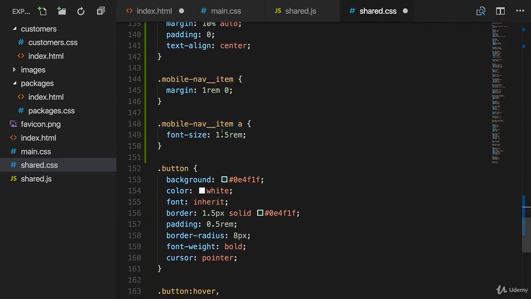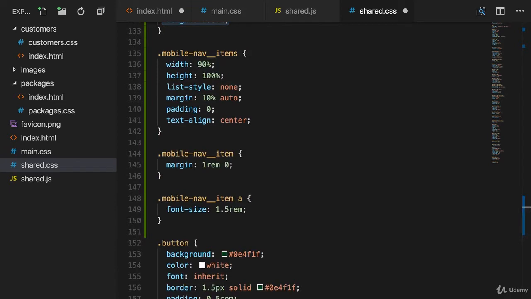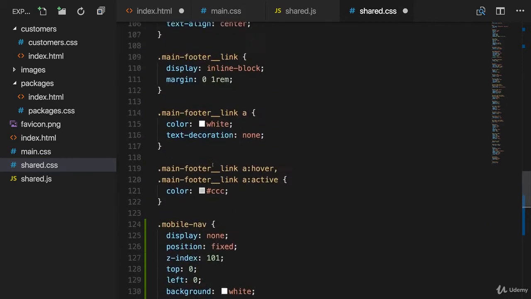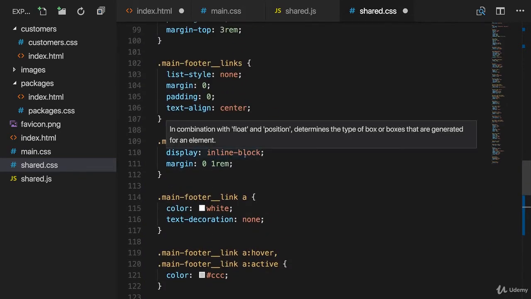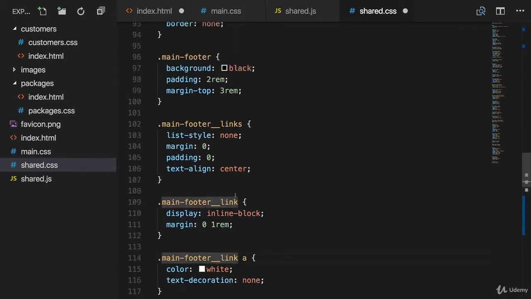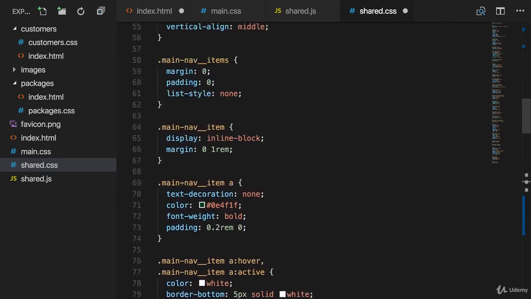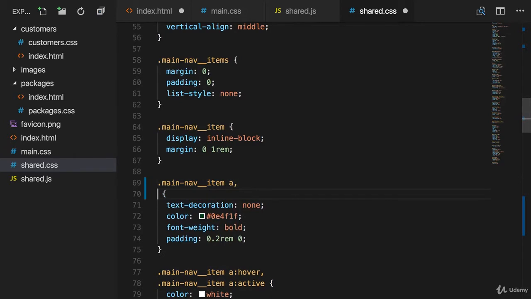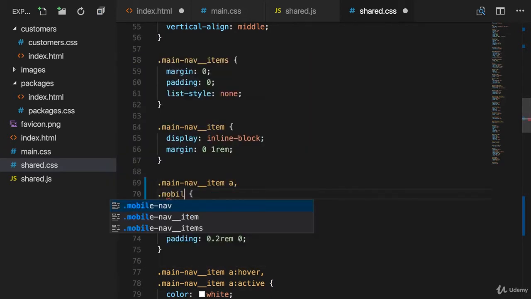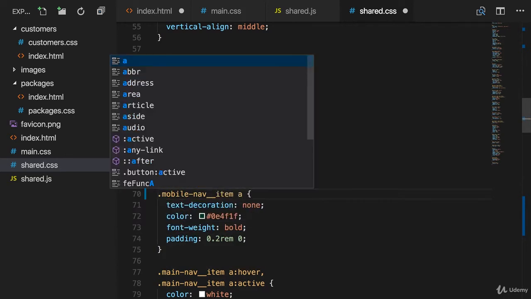And yeah, essentially that's it. Now what we also need to do for that to work correctly is we need to add some selectors to our other class selectors we got in the shared CSS file. Let's start with the main nav item anchor tag selector here. Now this link style also should be applied to our .mobile-nav__item anchor tag, so that the links in our mobile navigation